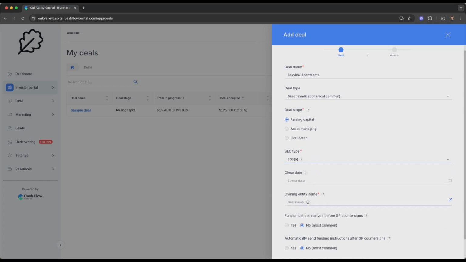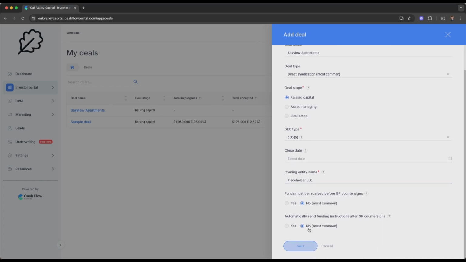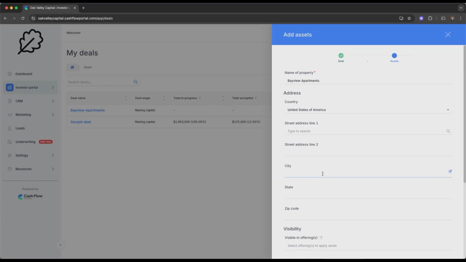Owning entity name, this is the name of the LLC that holds the investment. If you haven't created that entity yet, we can just put a placeholder, and you can always change that later. So we'll go with placeholder LLC for now. Cool. Next, we'll click Next, and this screen will be where you can input information about the property you're going